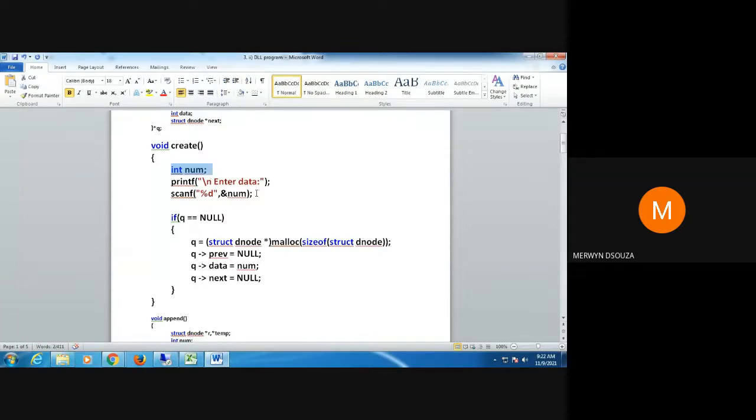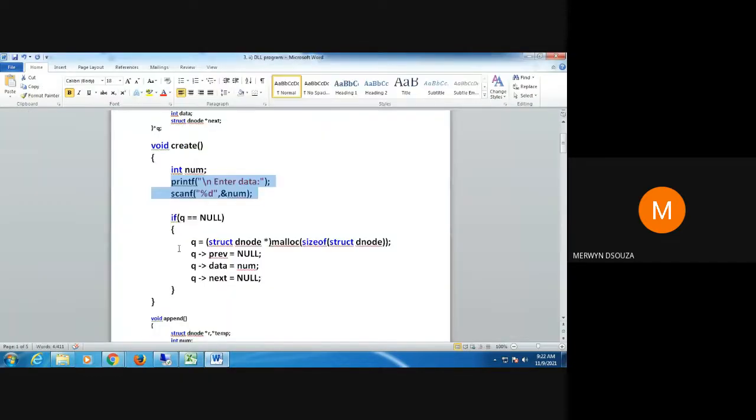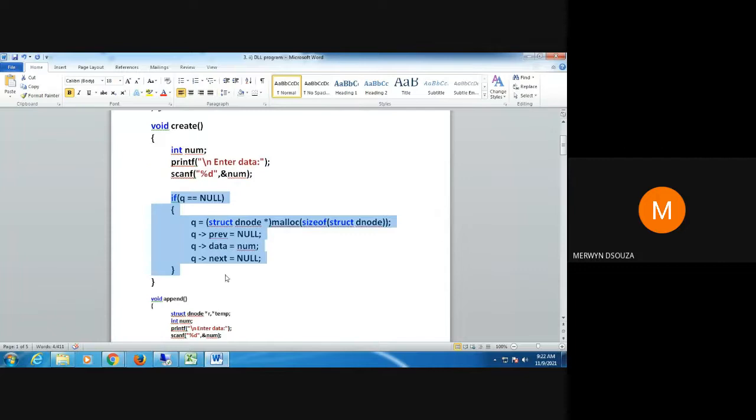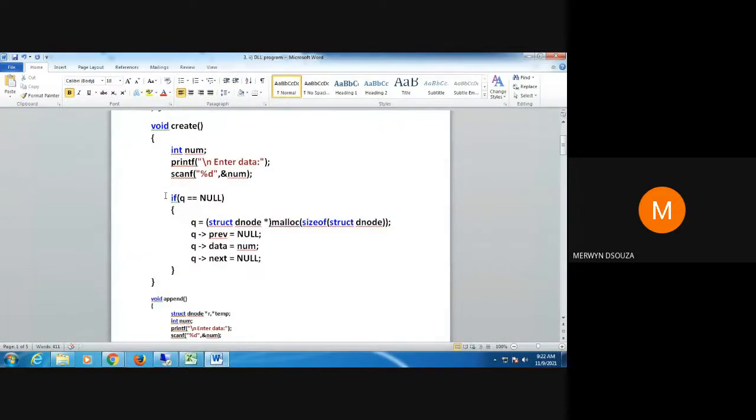Suppose we are entering the value as 20. So let's say the variable num will contain the value 20. The input that we enter is 20. So we check if the condition here is true. If q is equal to null, then we are going to create a first node. When we check this condition, we see that q is equal to null. Therefore, this condition is true.